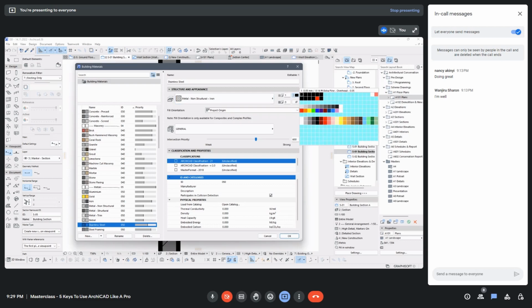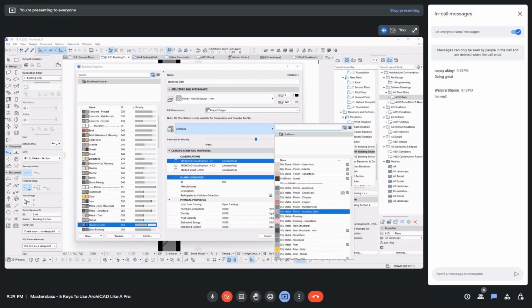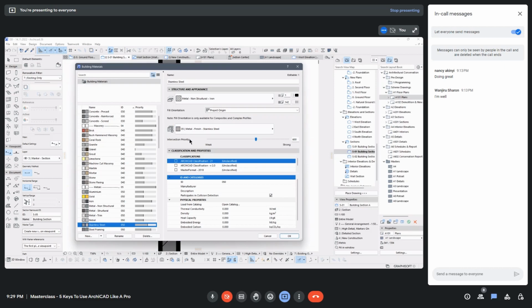I always want my foreground pen to be this 0.05, very fine with no change. Since it's a metal, maybe I'd give it this really faint gray. Yeah. And then now surface. Do I have a surface for stainless steel? Yes, I do. Metal finish stainless steel. So link that there, and voila, I have